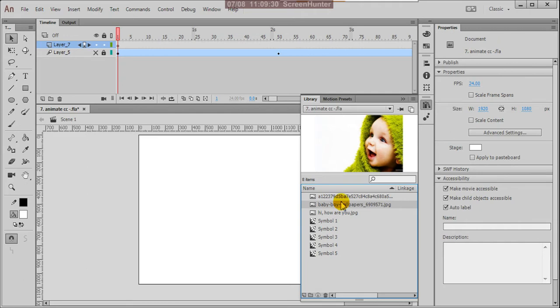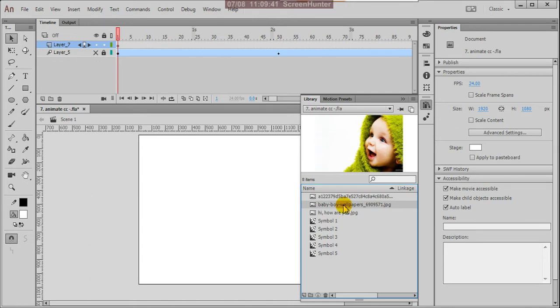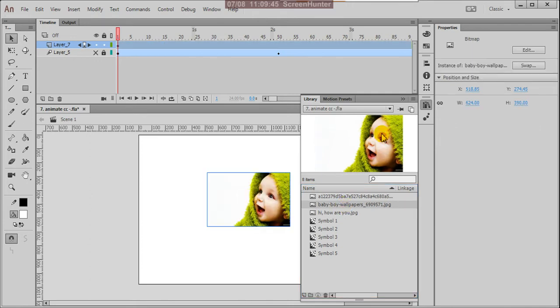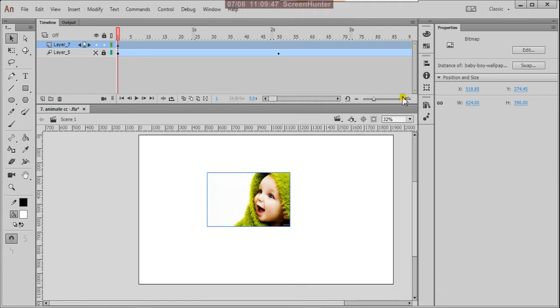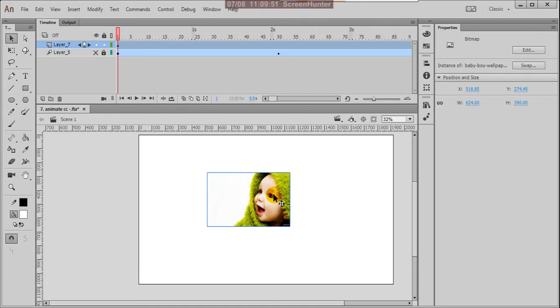So we'll import actually one only. So which one is better? Yeah, this I'll take. Yes, this is my picture. Now let us increase the size of that.